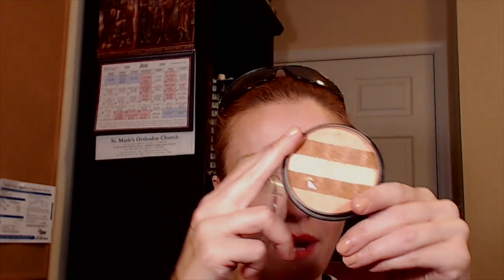Now, my go-to bronzer has been this one. As you can see, I've hit pan on it, which is why I wanted to go get another one. This is the NYC Cosmetics Sun and Bronze Bronzing Powder in Hampton's Radiance. And they have, I think, 4 different shades of these. I almost picked up another one of these because this is another drugstore product and it was like $4.97 or something. But I already had the Rimmel one in my hand and I thought, well, why not try something new? And if I hate it, we're only at a couple dollars. It's not like I went and bought something from Guerlain. Anyway,